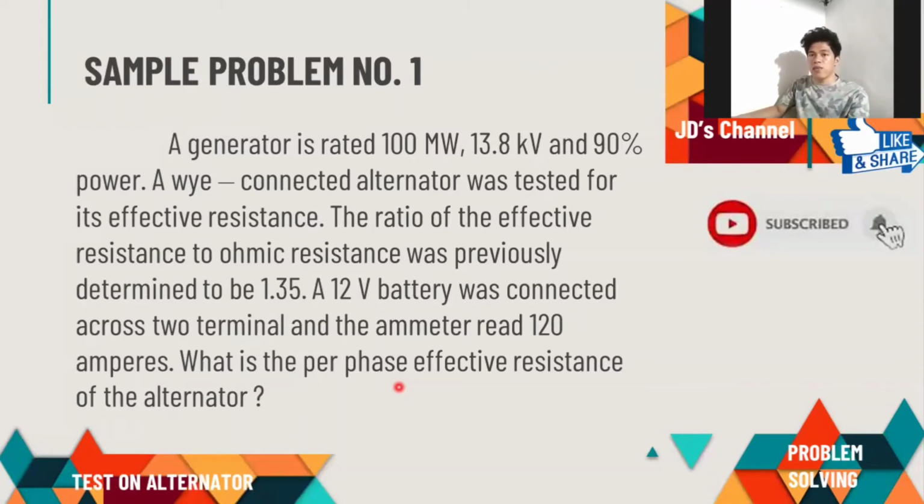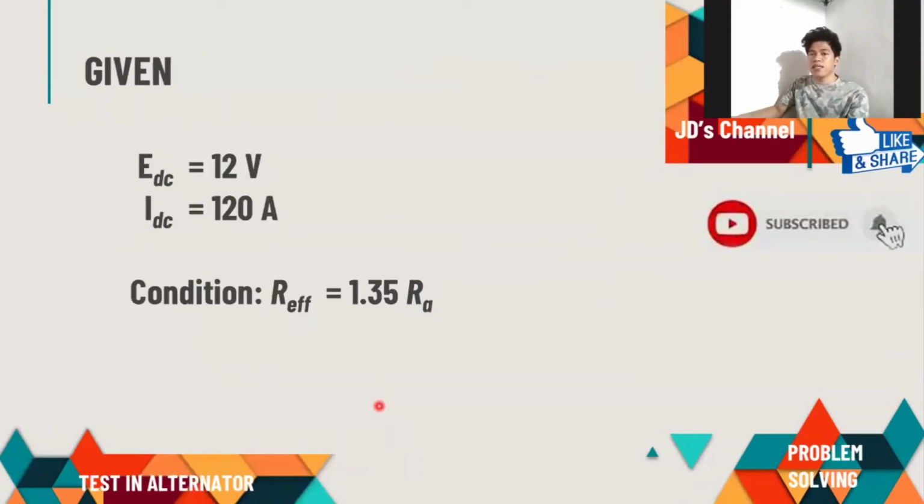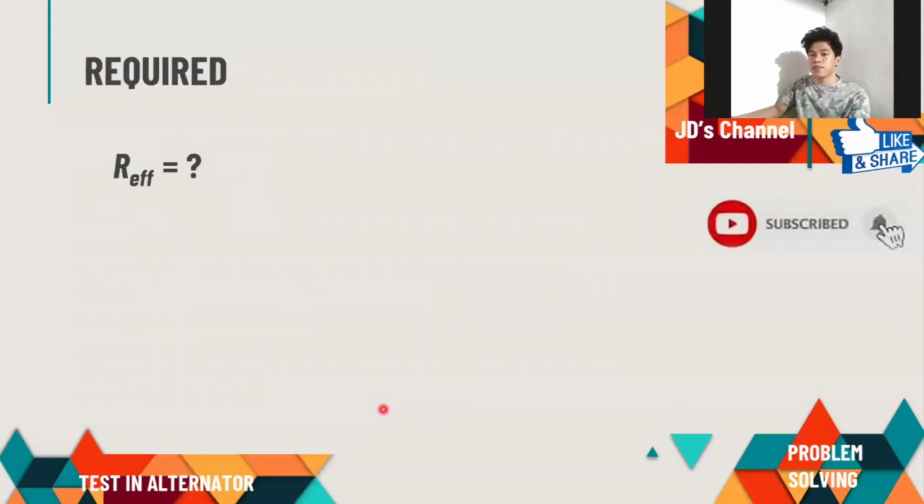So now we proceed to the solution. Given, class, we have the voltage at DC, that is 12 volts, and the current in DC is 120 amperes. The condition in getting the effective resistance is 1.35 of our RA, which is our armature resistance. The required is the